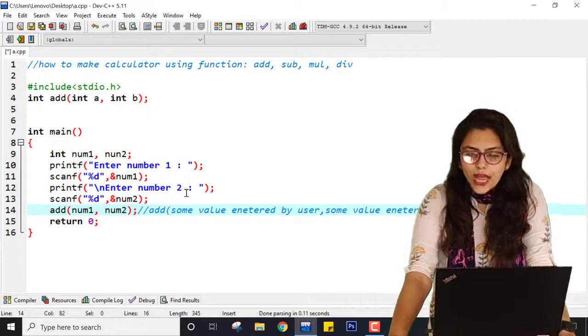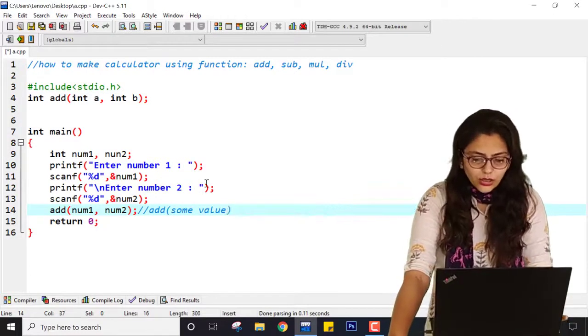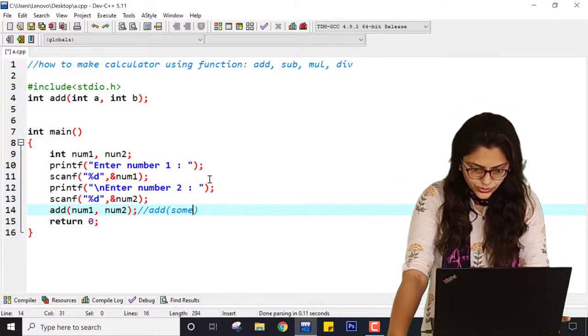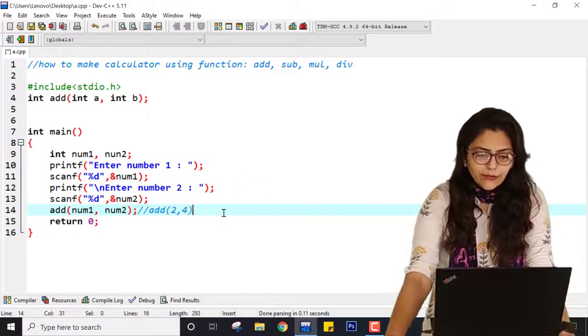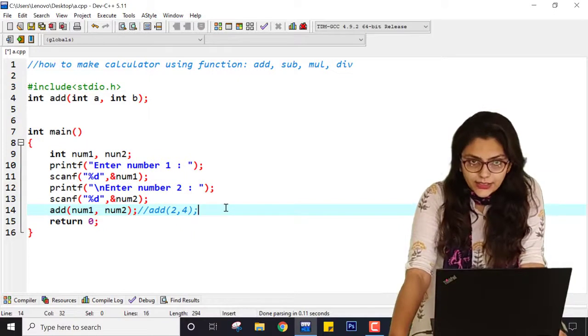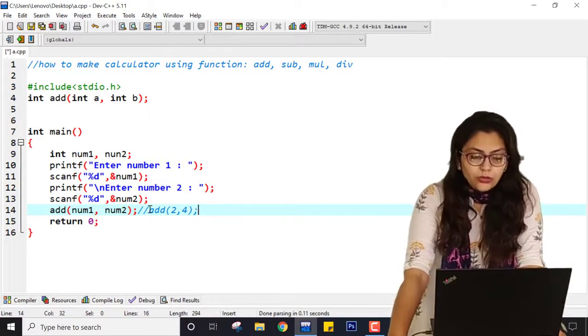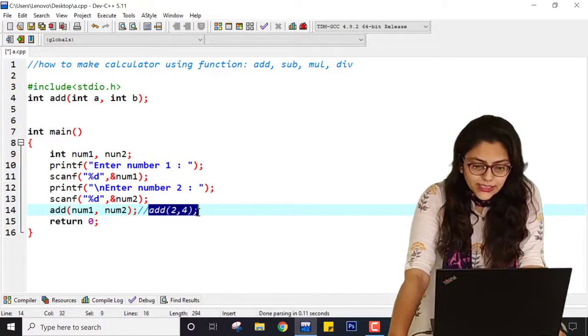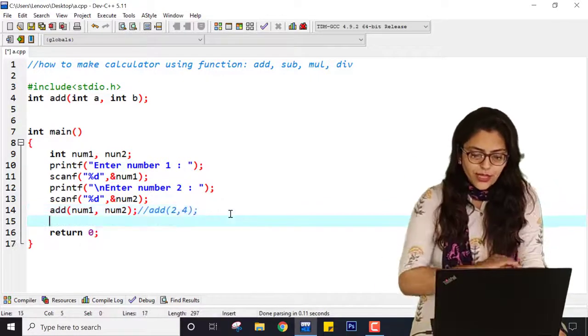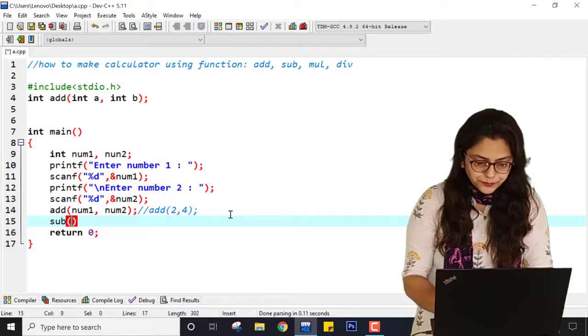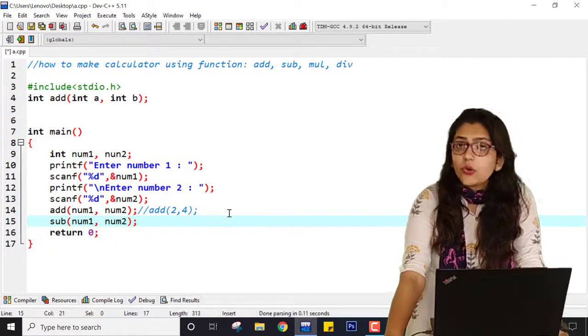So if the user has entered, say, 2 and 4, then it will be something like this at this stage. Now whenever it sees this, it will not go further into the second line of main. If I am writing sub num1 and num2, which finds the subtraction, it will not go there.